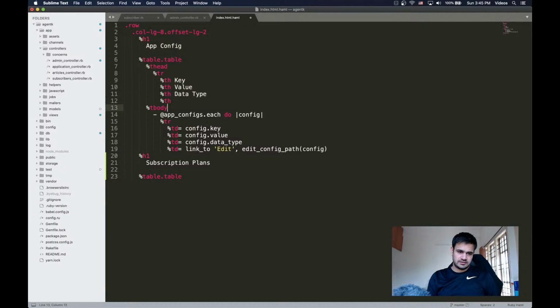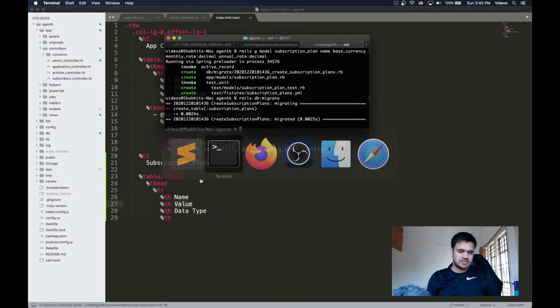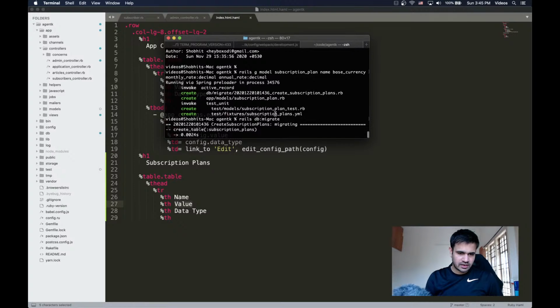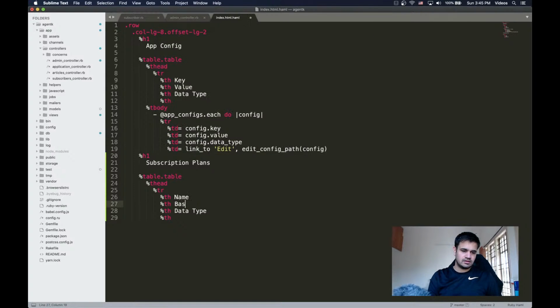And I'll just copy it. What else did I add? Name. I added base currency, monthly rate, and then we'll have annual rate. Okay, and now we'll go to T-body, and in T-body we'll have